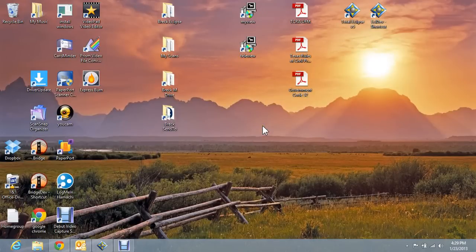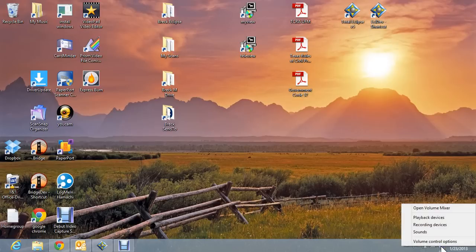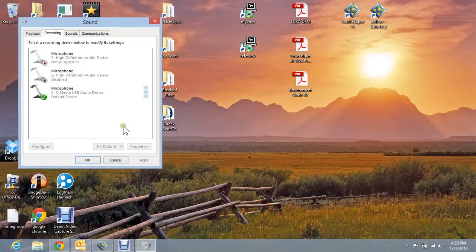I want to do a video about your recording settings as far as a microphone goes. If you notice over here on the bottom right of the screen, you'll see a little microphone or a speaker icon. If you right click on that, it's going to give you a couple of options: playback devices, recording devices, etc. If I click on recording devices, you can see that I've got a couple of different options in here that have dropped down. The microphone that I'm using right now is a USB device with a Sennheiser headset, and